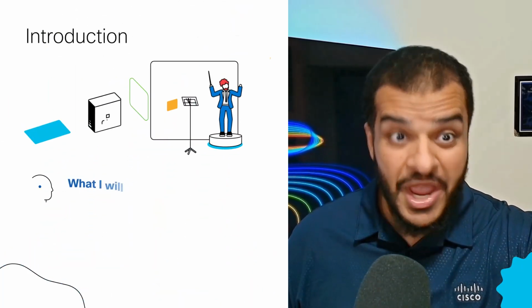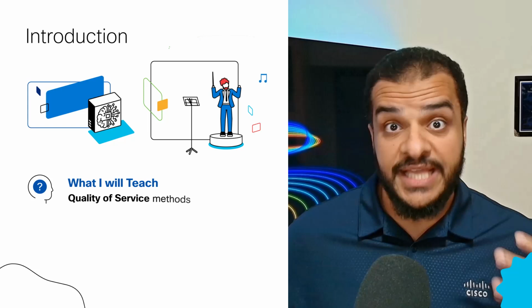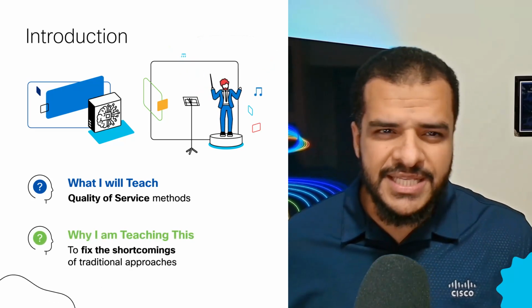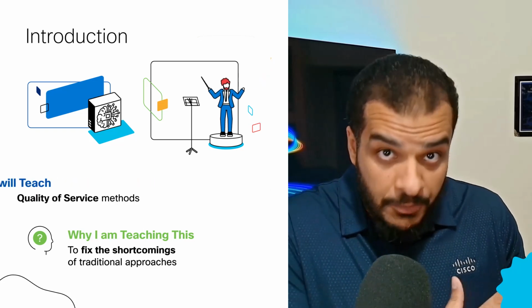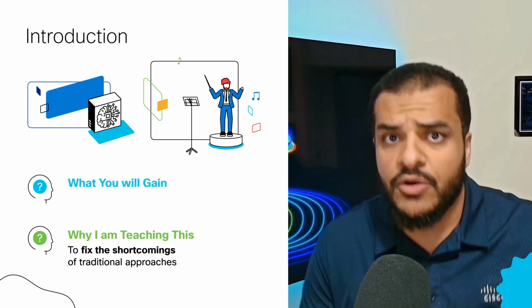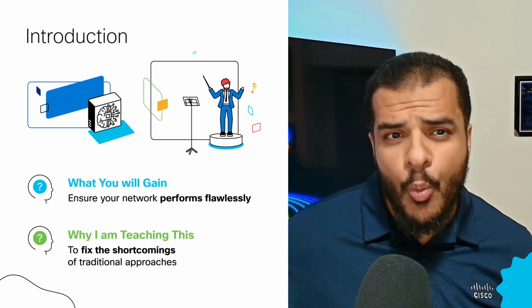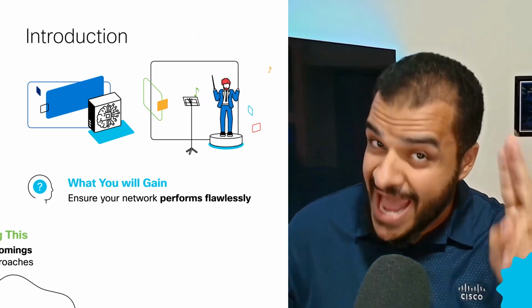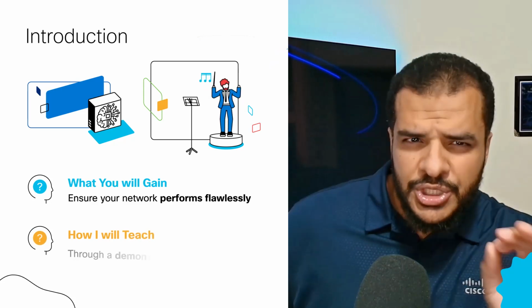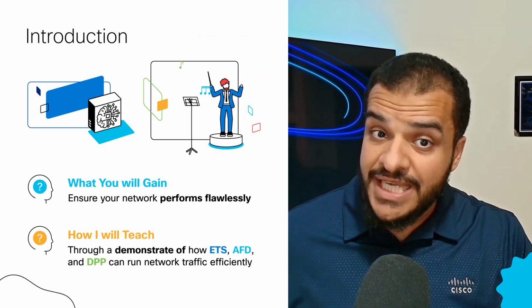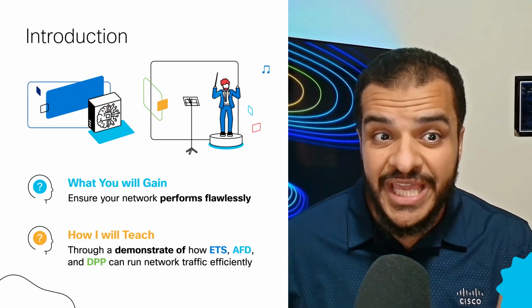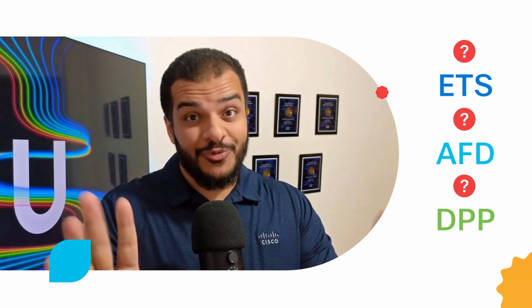Well, in this training, we will explore a bunch of intelligent quality of service methods that can step in to fix the shortcomings of those traditional approaches like policing or shaping or even queuing, ensuring your network performs like a flawless, well-coordinated masterpiece. Get ready to see how ETS, AFD, and DPP can turn network traffic into a symphony of efficiency. I know I started with a bunch of acronyms, but I promise you we're gonna dissect them one by one,